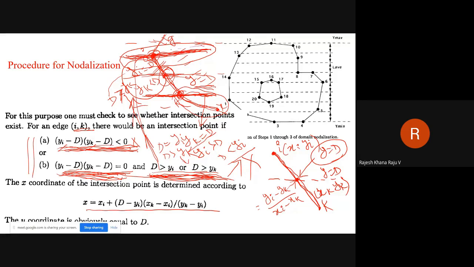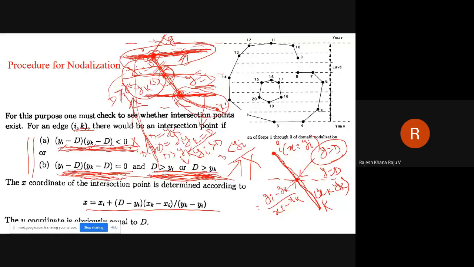That means if this particular edge is passing through i, then we can say that this is intersecting edge ik. But if d equal to yk, and d is less than yi, because if it is here, it is less than yi, that is not satisfying this one. So we can't say this particular edge is intersecting edge ik.